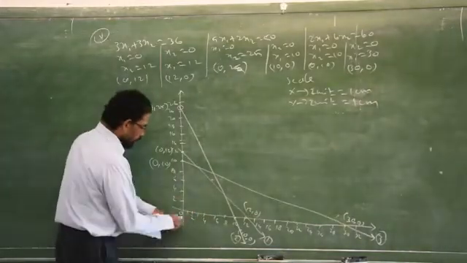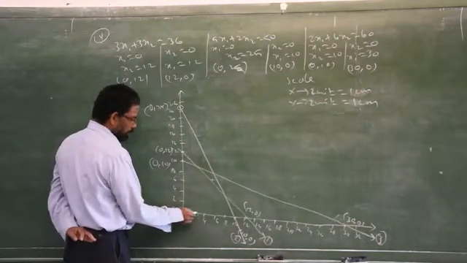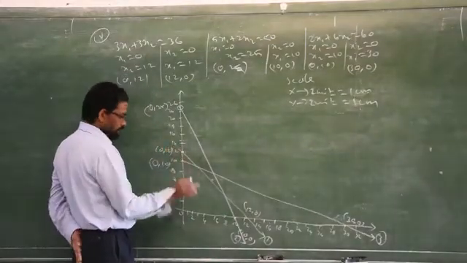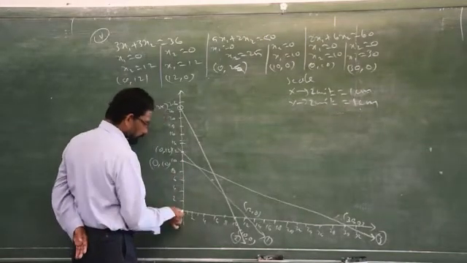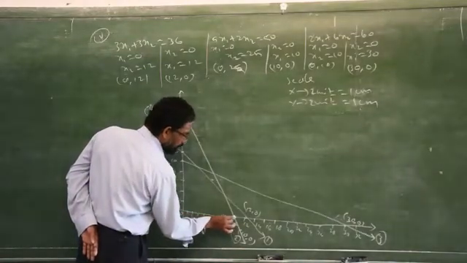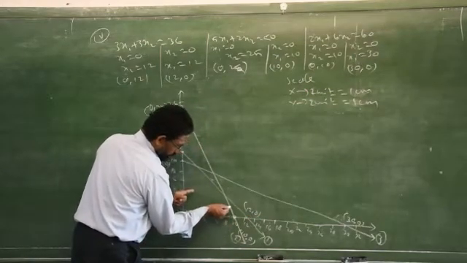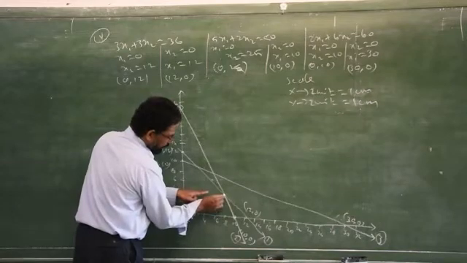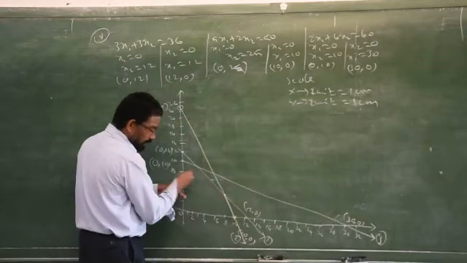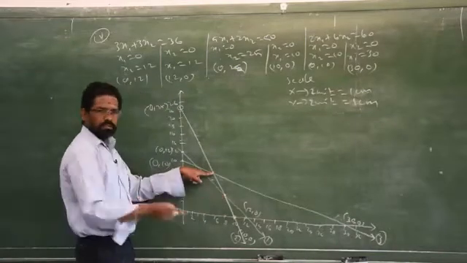For maximum, you have to start from 0 onwards. Either you can go to the right side first or upside, your wish, either along the x-axis or the y-axis. I am going along the x-axis, but you can go along the y-axis also, nothing wrong. I got intersecting points, I cannot go beyond the limit, then I have one more route. Then again there is an intersecting point; I cannot go to that side or upside, because I need a closed loop. If I go upside, then between the two edges I have one intersecting point, that is not allowed.